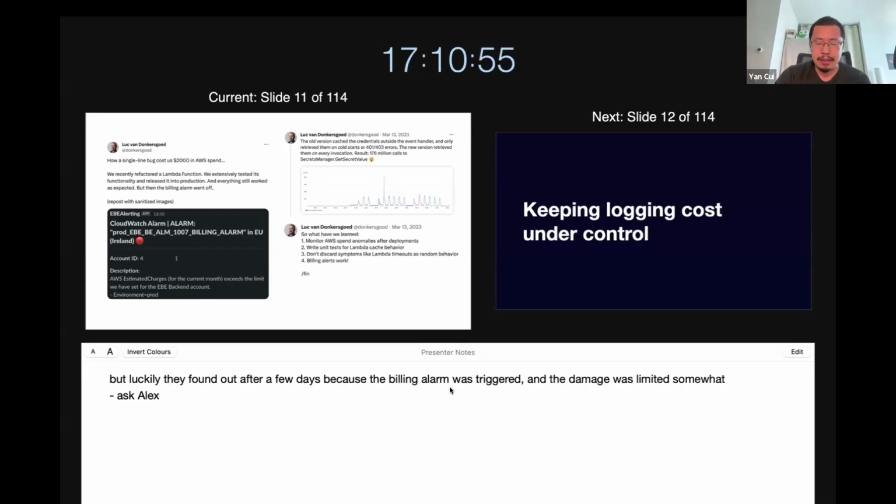But if they hadn't had a billing alarm in place, and nobody was checking their AWS bill every month, or even regularly, then there's a really good chance that you are not going to